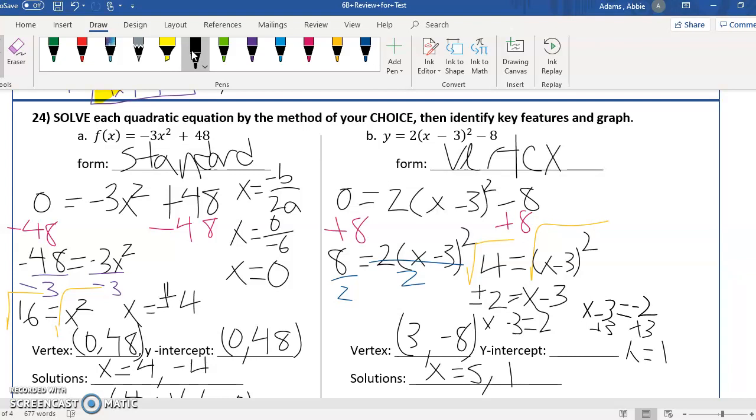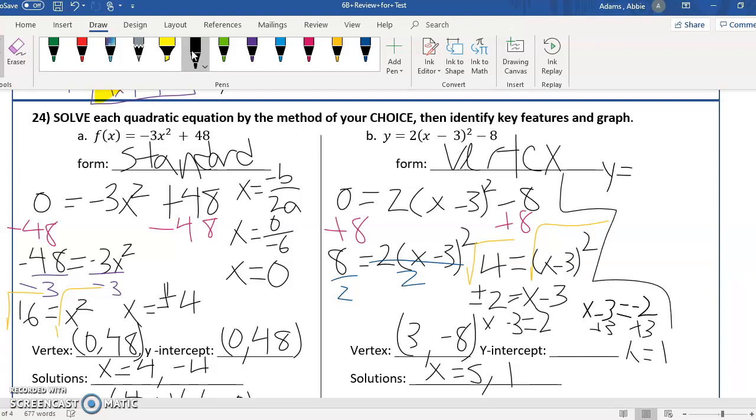All right, so now how can we find the y-intercept? We could expand and solve to where we get the whole equation in standard form, or we could just set x equal to 0, because we know when x equals 0, that's our y-intercept. So let's just do that. I'm going to say that y